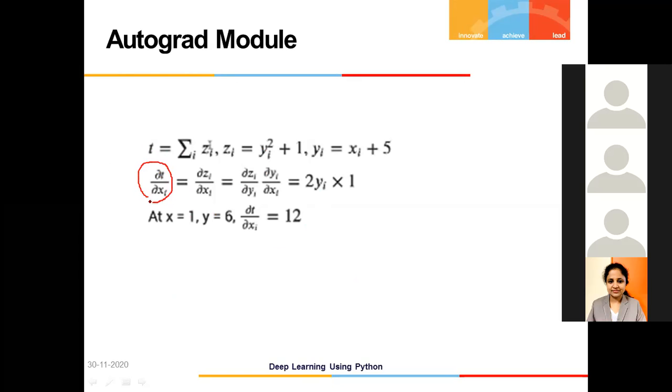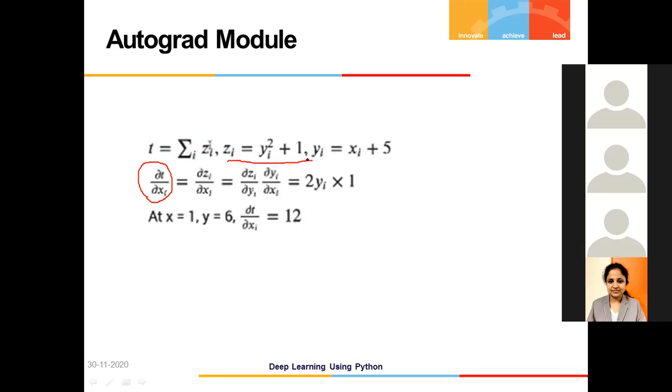So what I need is to differentiate dt by dx. Why I'm giving partial derivative is that I'm not taking the entire x, some values of x are taken. So here t is equal to the summation of zi,